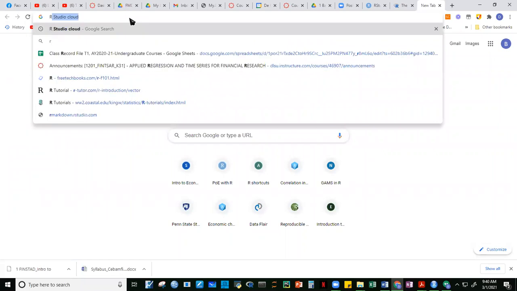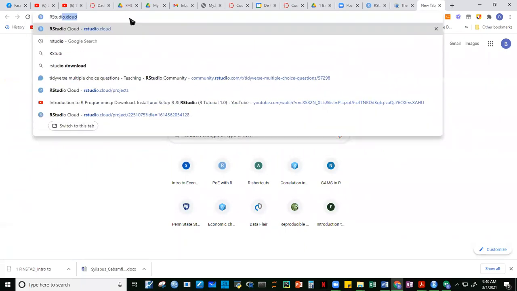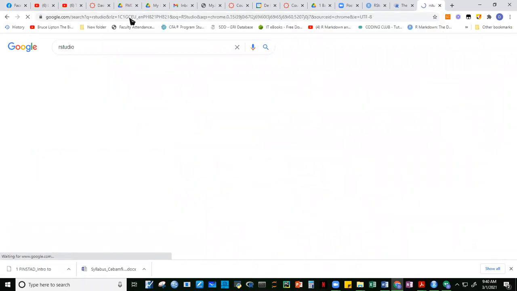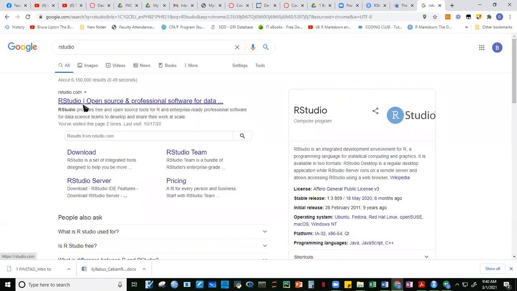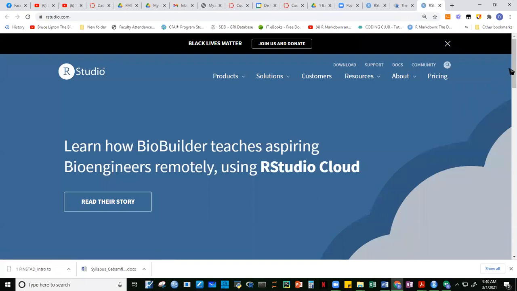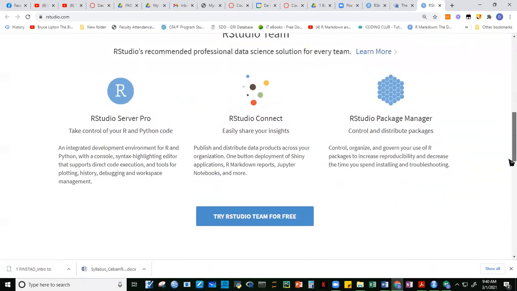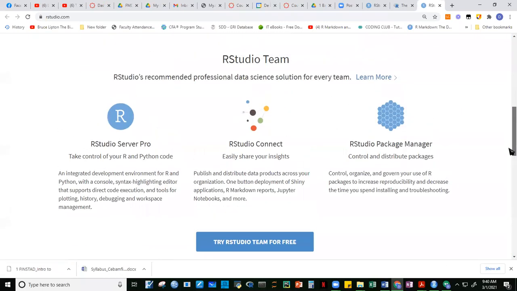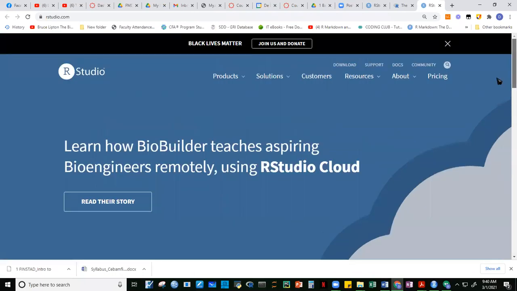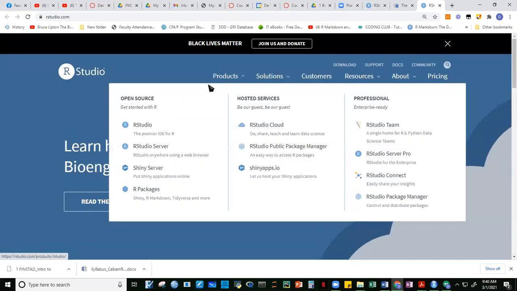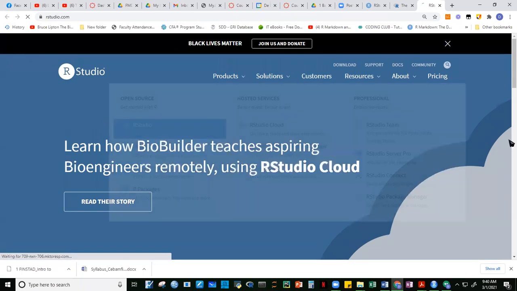Okay, another thing that you need to download is Rstudio. So let's go to Rstudio. It's one word. Rstudio. Okay, this one, Rstudio Open and Professional Software. Okay, so this is Rstudio. And here you have a version download, products. Okay, this one, Rstudio, the premier IDE for R. So if I open this,